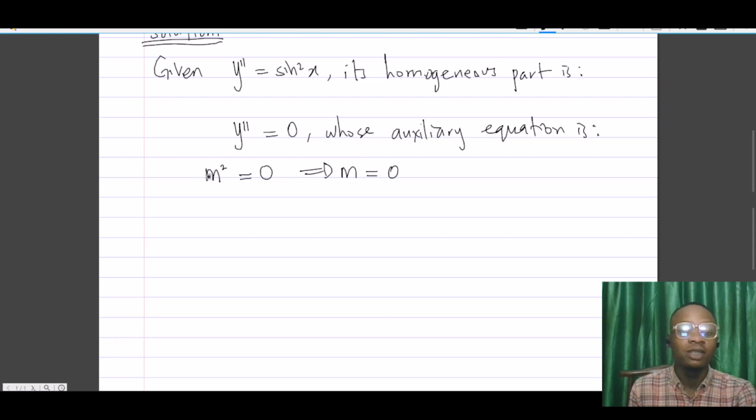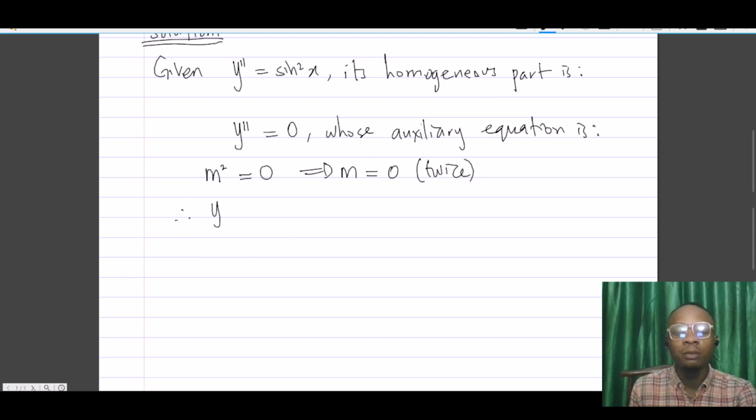So we expect, this is a quadratic equation. We expect two solutions. So depending on how you look at this, you can see this as m minus 0 into m minus 0 equals 0, which means that this is m equals 0 twice. Okay. So this is a case of repeated roots. And repeated roots are 0, 0. So by that,